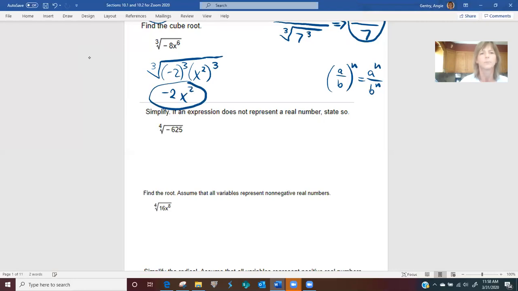That's your final answer. Now simplify this one here. It says simplify, and if an expression does not represent a real number, state so. So just so you know, if your index is even,